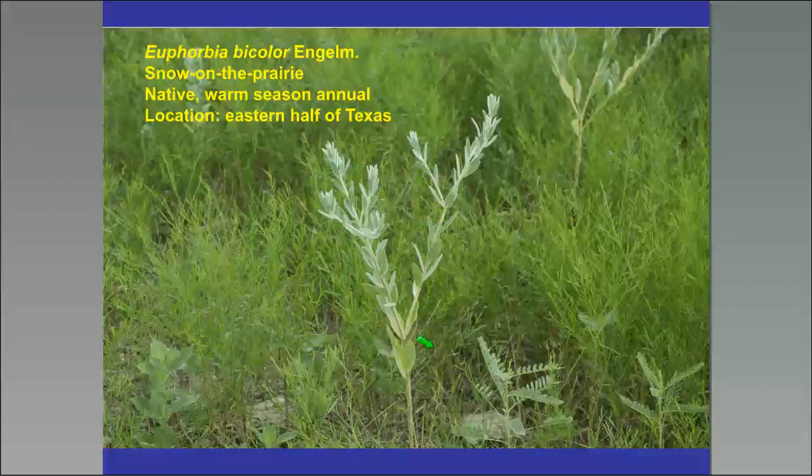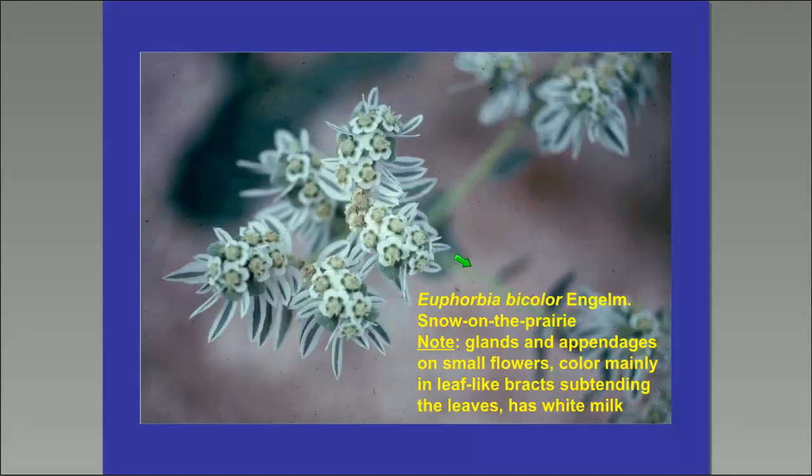This is Euphorbia bicolor on the coastal prairie and the eastern part. Snow on the prairie occurs there. Snow on the mountain occurs in the hill country up into the rolling plains. But as I look at Euphorbia bicolor, a native annual, these plants were for sale in catalogs from New York City as early as 1936 because people planted these spurges as ornamentals. Again, the white around the flower is a nectar appendage, a petaloid appendage, where the white in the leaf-looking material,